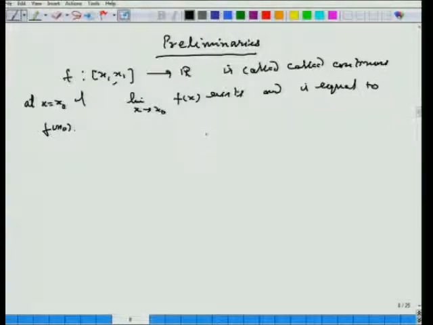For example, here if you consider this function,